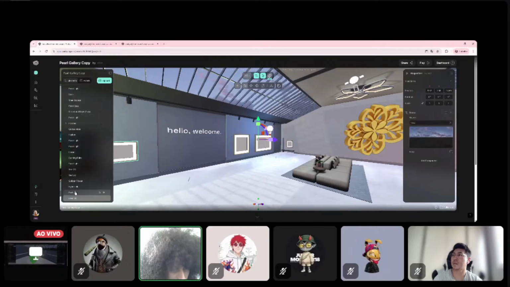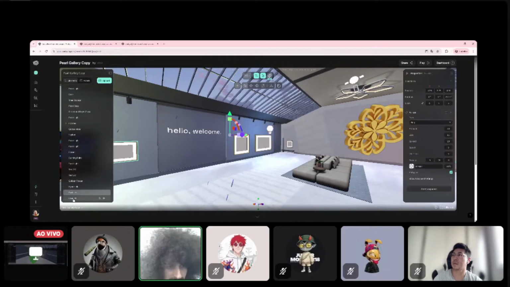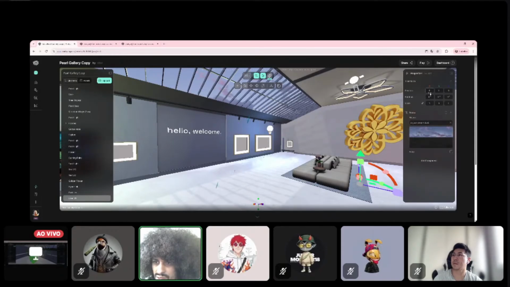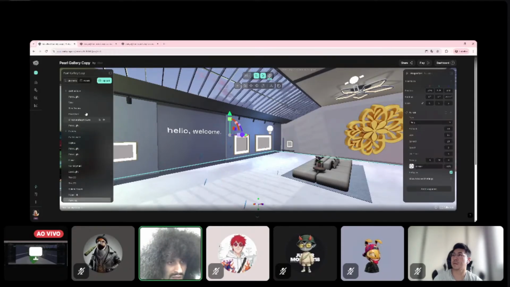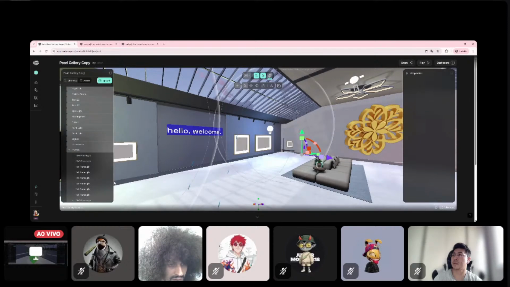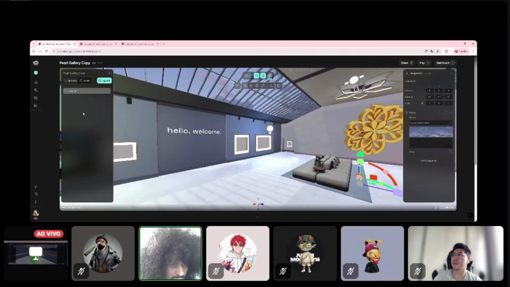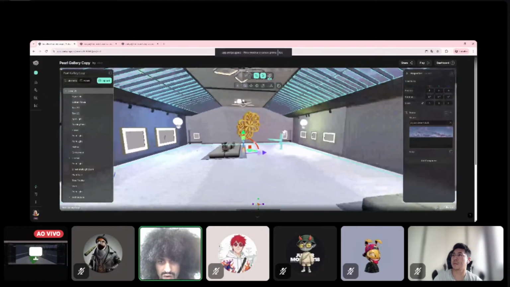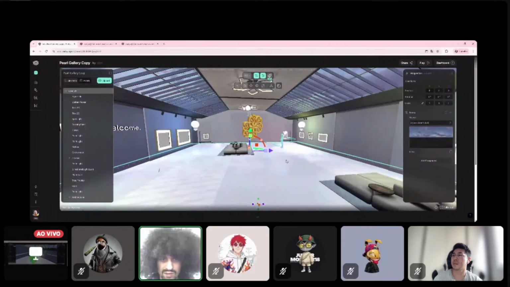And now I'm gonna take everything that I have. First of all, I'm going to make sure everything is on the zero position. And I'm going to take everything that I have and put it in level one. Okay, so now I have a group containing all of those stuffs in here.